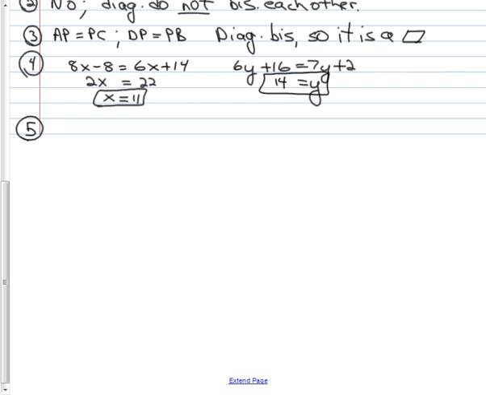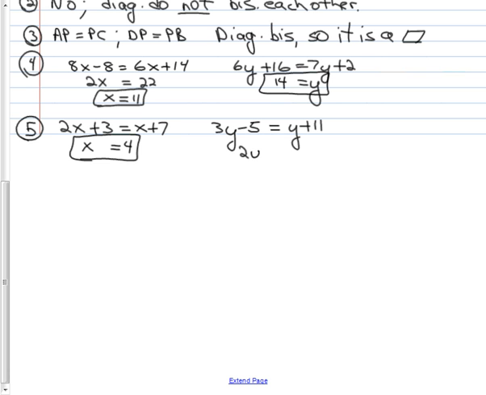Again, we want to make sure we have a parallelogram, so I know 2x plus 3 is left hanging, equals what? Equals x plus 7. So if I subtract my x, I get 1x, subtract my 3, 4. Y's, what do I have? 3y minus 5 equals y plus 11. So I'm going to subtract y, which gives me 2y, add my 5, gives me 16,